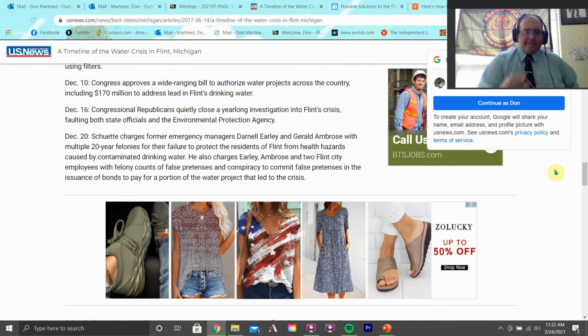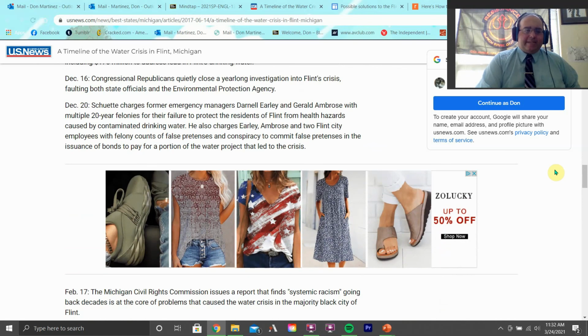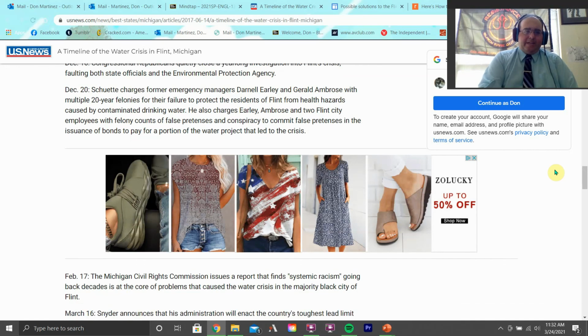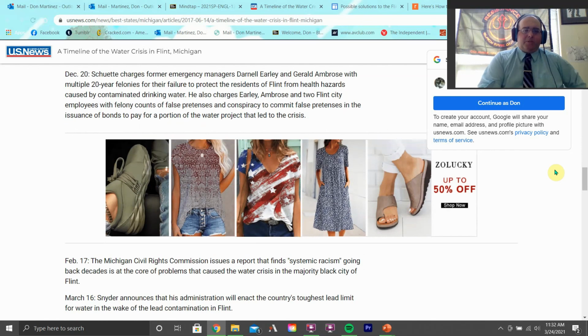December 10th, 2016, Congress approves a wide-ranging bill to authorize water projects across the country, including $170 million to address lead in Flint's drinking water. December 16th, 2016, Congressional Republicans quietly closed a year-long investigation into Flint's crisis, faulting both state officials and the Environmental Protection Agency. December 20th, 2016, Schuette charges former emergency managers Darnell Early and Gerald Ambrose with multiple 20-year felonies for